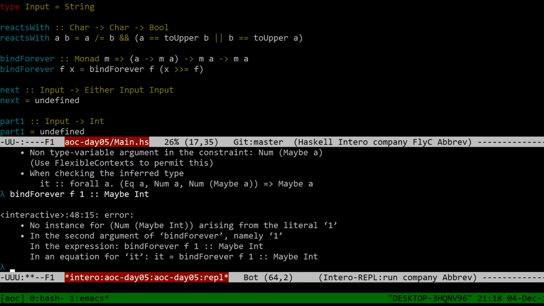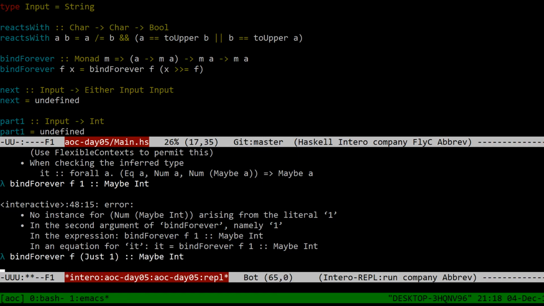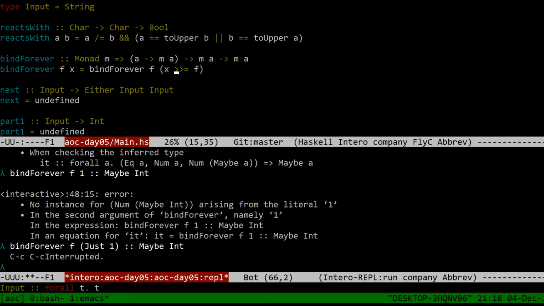Why? Oh, I had to say Just 1. It doesn't return anything. Why? Ah, because we're calling bindForever unconditionally. Okay. We're calling bindForever unconditionally. What we need to do is call it inside of the scope of the bind function. So we need x